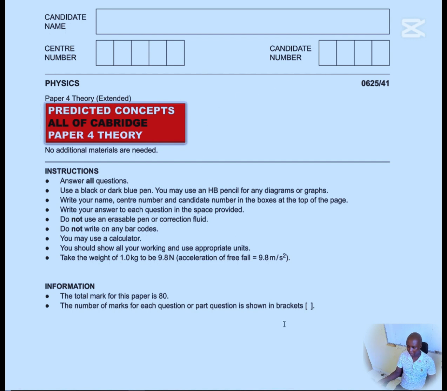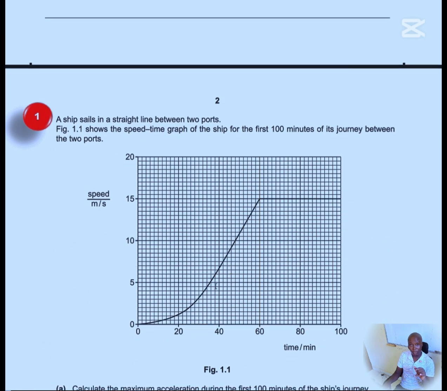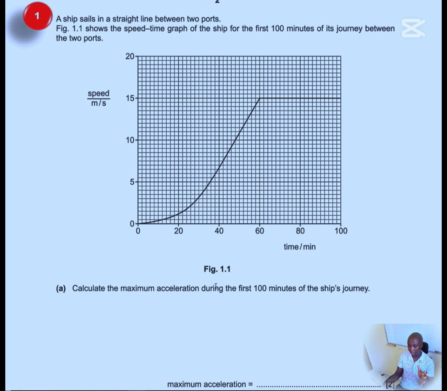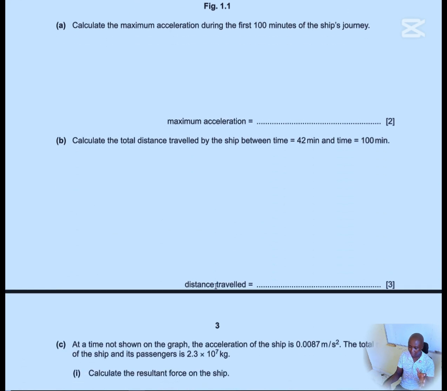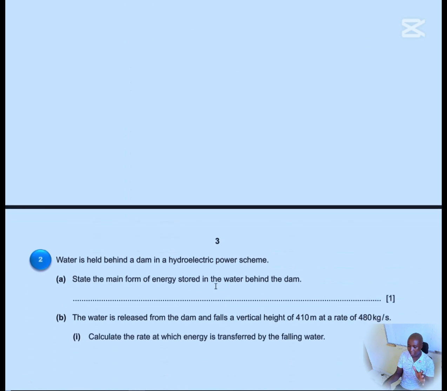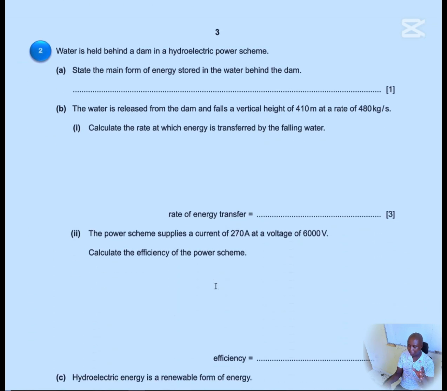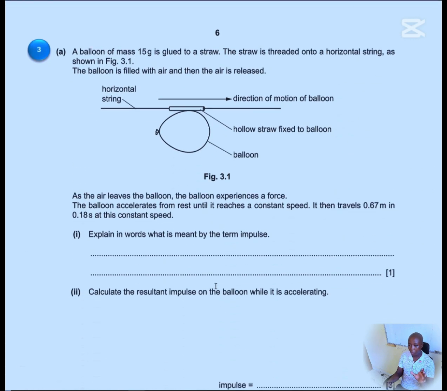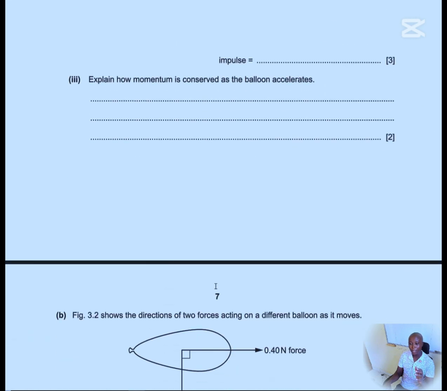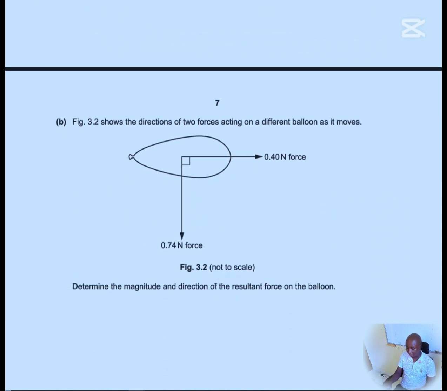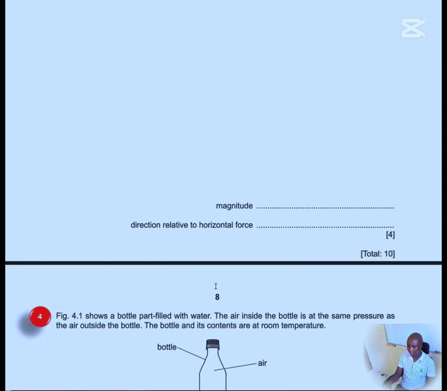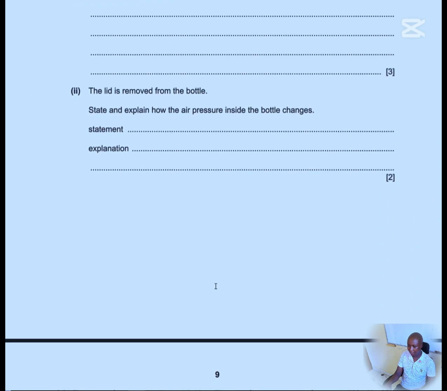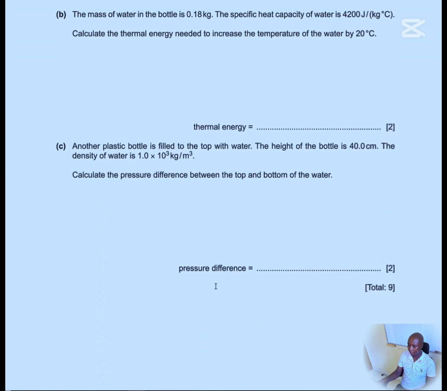and at the same time it will really involve how you are going to approach that. So the main concepts that I really feel are very important: you need to understand motion graphs, how to describe motion from graphs, and the calculations involved from those graphs. You need to understand the concept of energy transfer and energy resources. You need to understand impulse, momentum, collisions, and also combining forces. So these are the key concepts that are very important. Pressure is really very key for you to go through